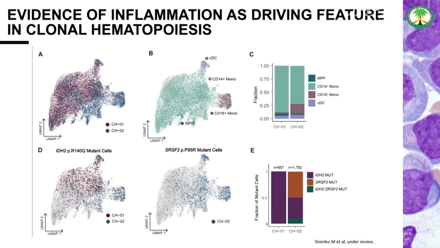This is something I found very interesting, additional unpublished work, where Ellie Pepper, Manuel, and Dan Landau, a group from New York, have been looking at clonal hematopoiesis patients. These are two patients, and I want to point two things out. There's patient number 1 and patient number 2. One patient has an IDH mutation, the other one has an IDH and an SRSF2 mutation. These were patients who are supposed to have clonal hematopoiesis with variant allele fractions of around 10%. But these are bone marrow slides, and what you can see is that almost all their cells already harbor the mutation in the bone marrow.